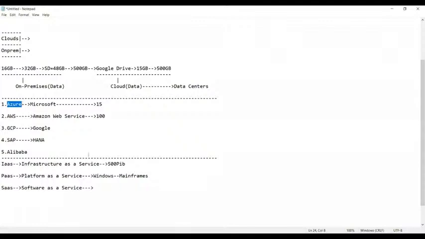Getting my point? Do we need to pay the cost? Simply, we need to pay the cost. Cost is mandatory. So you have to pay the cost for that. And this billing will be done on a monthly basis or hourly basis, weekly basis, daily basis, based on your comfort. That means you pay more, you get more services. You pay less, you will get the basic services. That's the only concept.